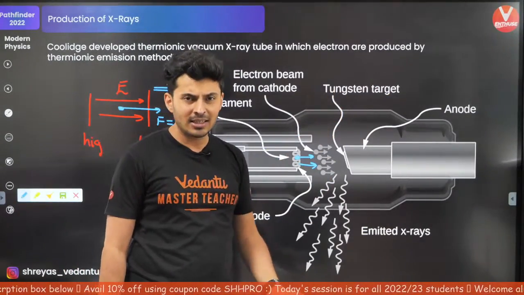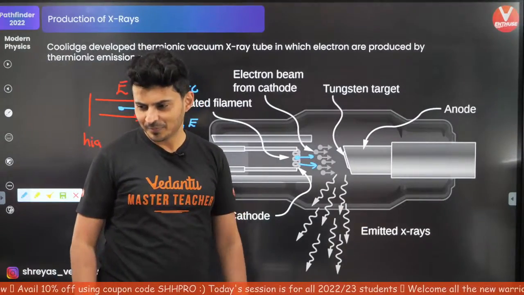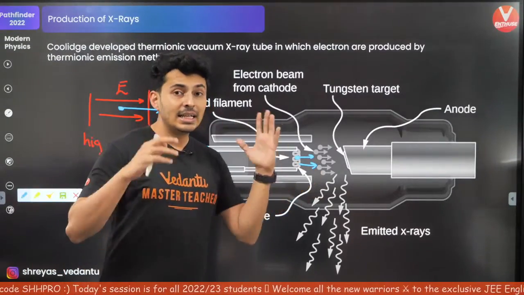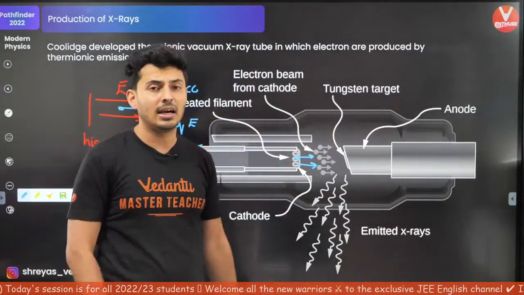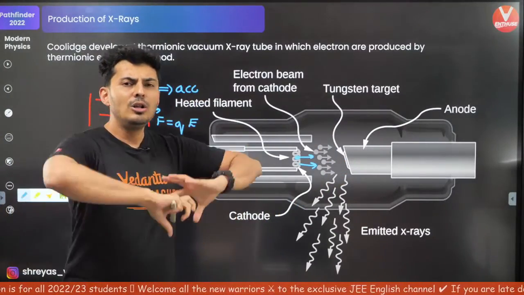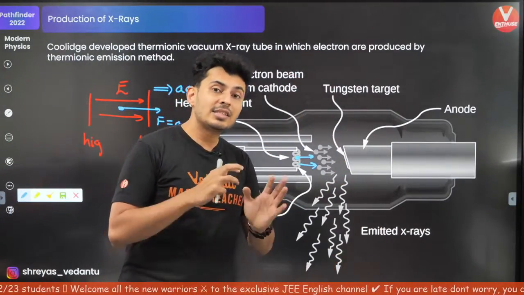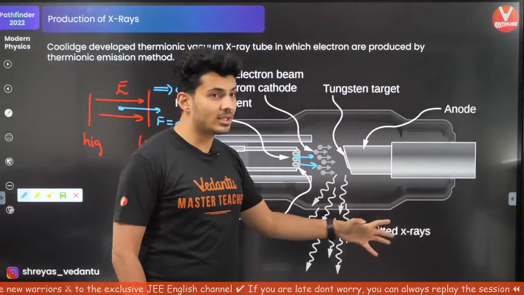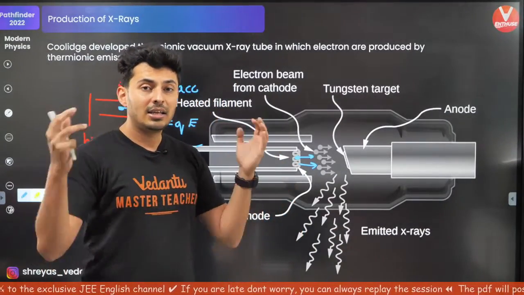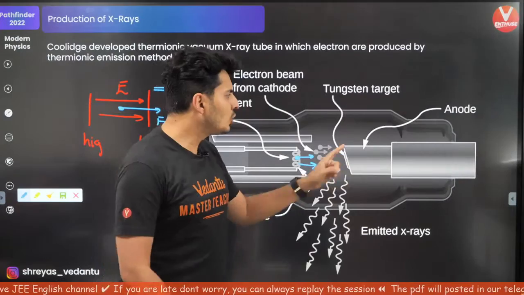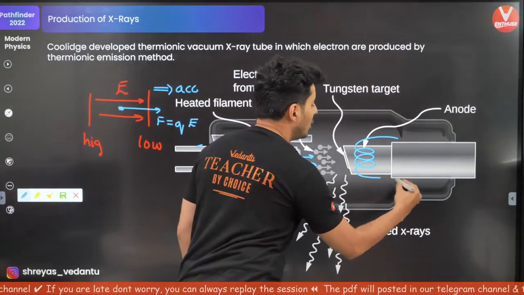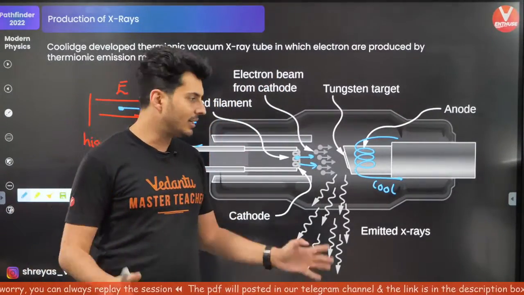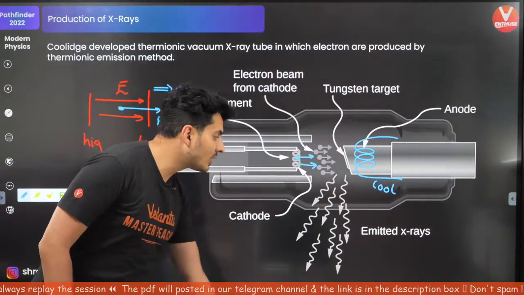It need not be of tungsten, it could be of any other material as well. So basically these electrons go and hit the target, and once they hit the target, a lot of energy gets lost. Some of the energy gets used to produce X-rays. The energy which gets lost in the form of heat, that is undesirable. So usually you have some circulating water or fluid which cools it down, and the rest of the energy goes into X-rays.